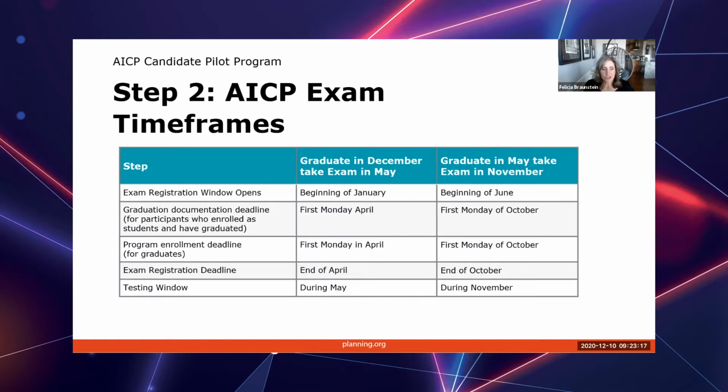So here I'm just going to show, I'm not going to blather on as you read this, and I can send you all these slides so you don't have to memorize it or take a picture of this thing. But basically, there's some time built in for reviews. You really need to pay attention to your end game. Which exam are you trying to take, and then when do you need to get the various information submitted. While we're on this slide, because it is pretty detailed, are there any questions here?